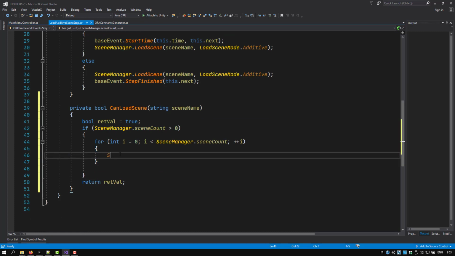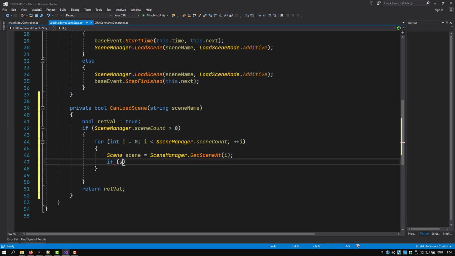And in here we select the current scene in the loop, SceneManager.GetSceneAt, we pass the index,